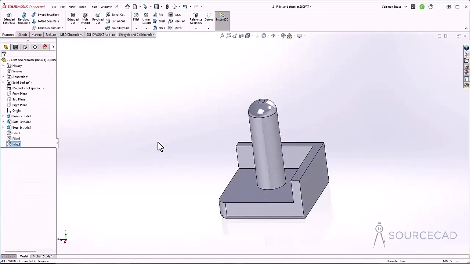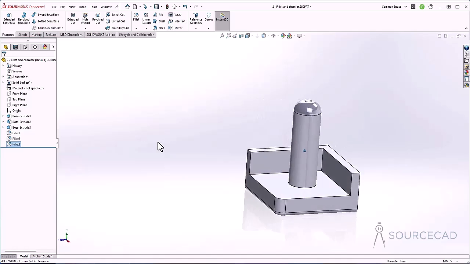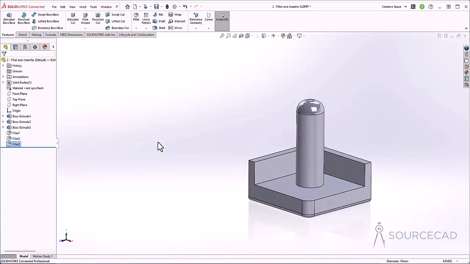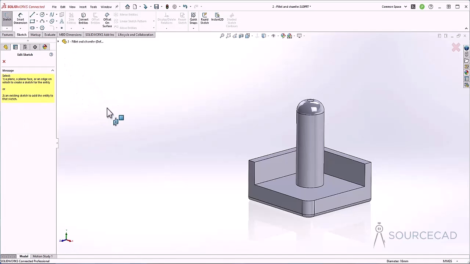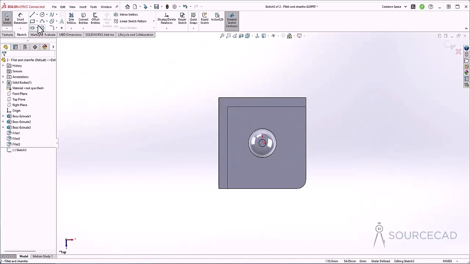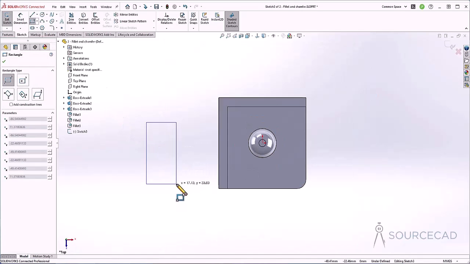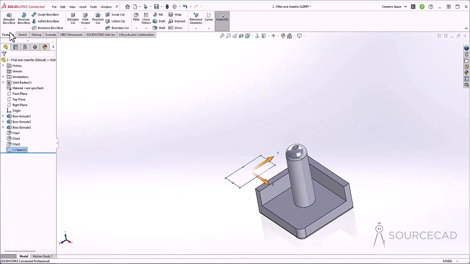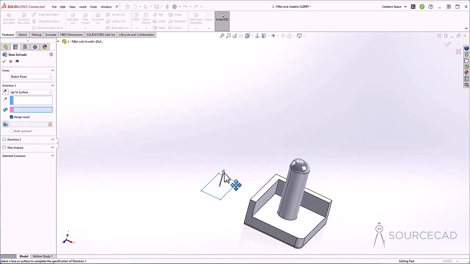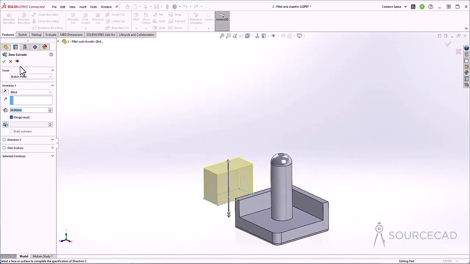Now let's see one more fillet option here. And for that, I'm going to create a completely new drawing from scratch. So I'll go to sketch and I'll select a plane. Now, as you can see, when I started sketch, there is no plane visible. So I'll simply expand it here and I'll select a plane from this list. So maybe I'll select this top plane and rectangle tool, and let's add it like so. Exit out of this and extrude it. So go to feature, extruded boss base feature, and I'm just going to extrude this up like that and click